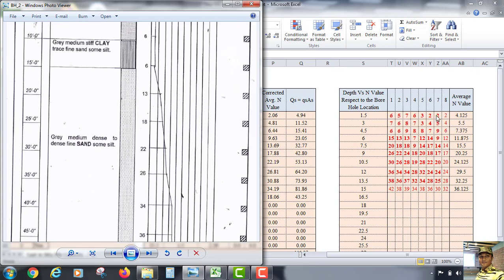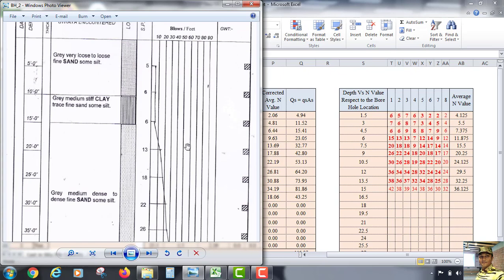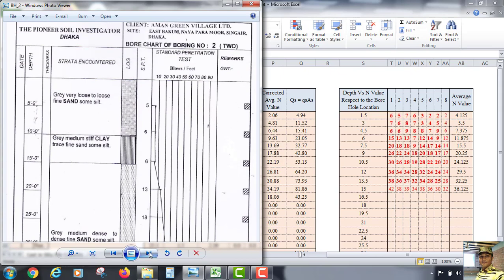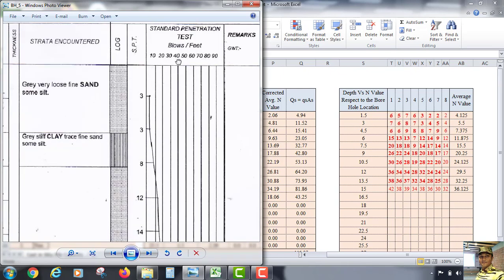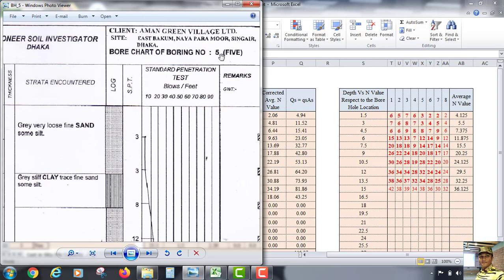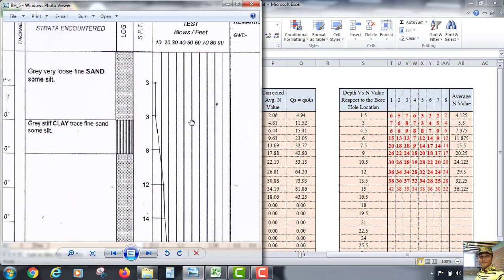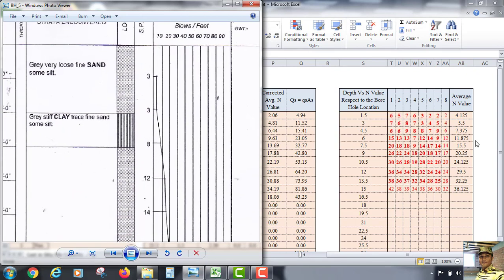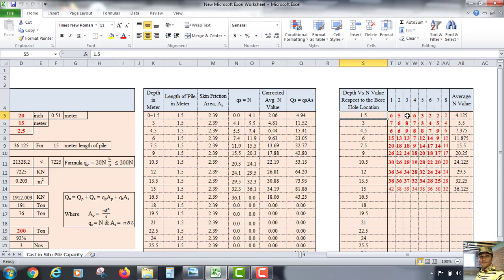In the same way we take values from the borehole chart in the soil test report. Like this, borehole number 5, the SPT values 3, 3, 8, 12, 14, 20, 28, 32, 34, 38. This way we input the values and take the average N value.